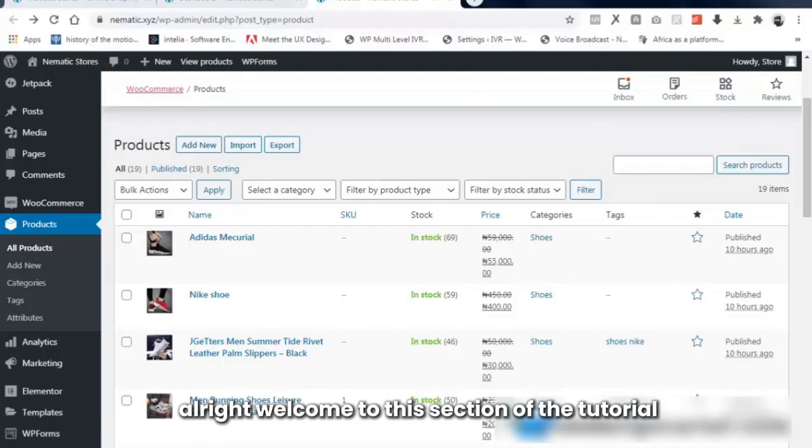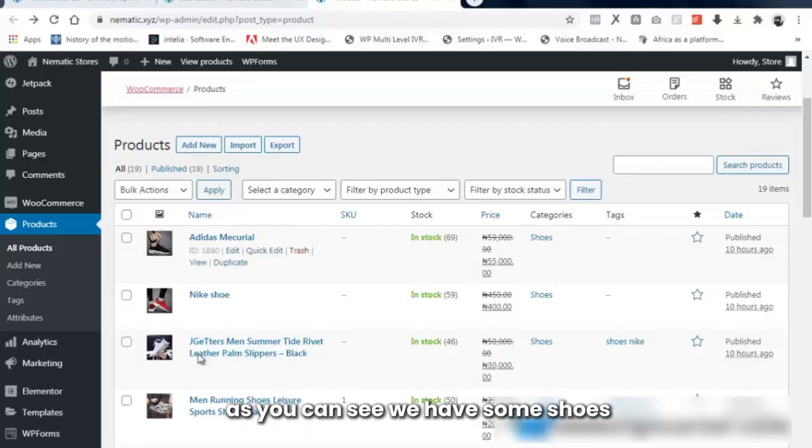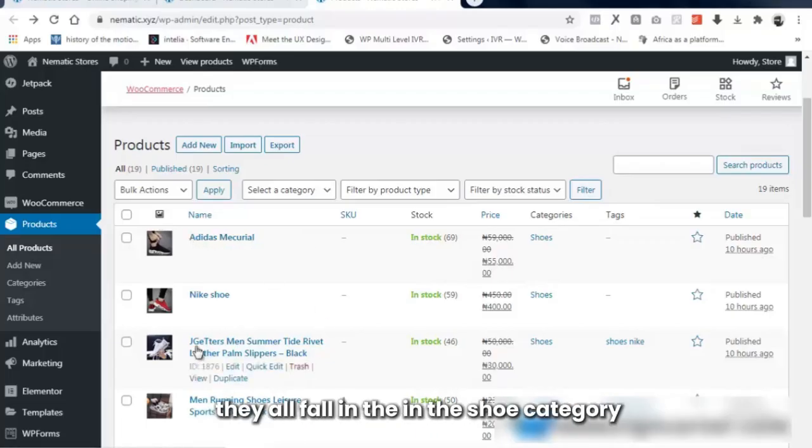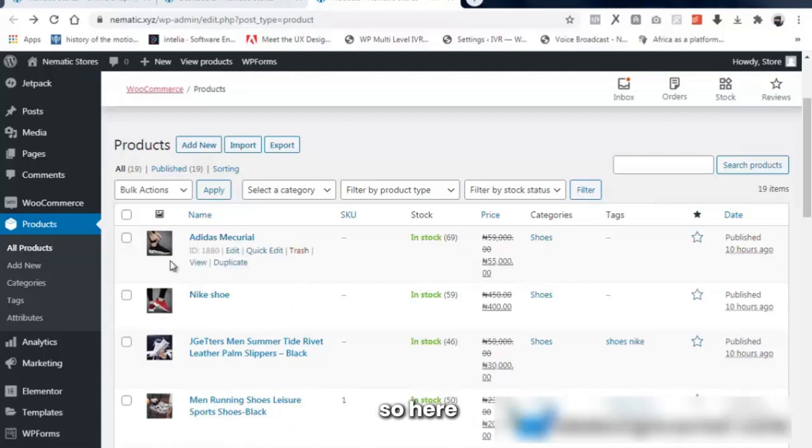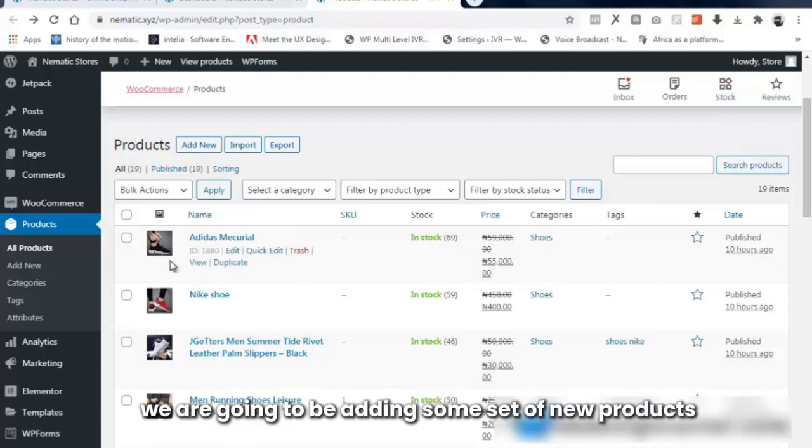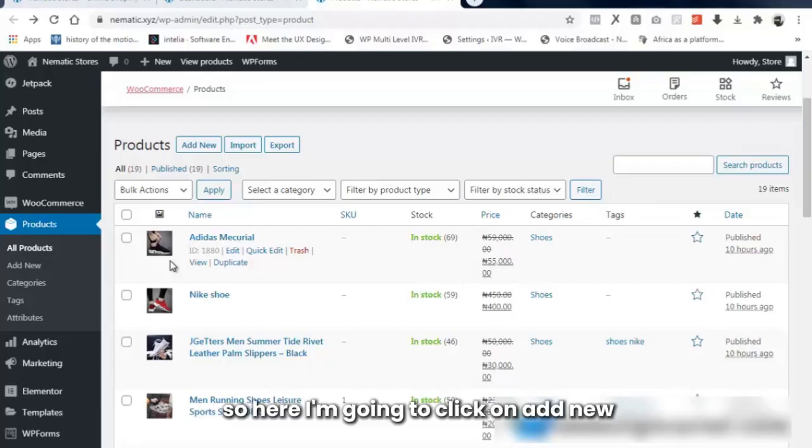Alright, welcome to this section of the tutorial. Now in the previous section, we added some products. As you can see, we have some shoes. They all fall in the shoe category. As you can see, 4 products. Here we are going to be adding some set of new products. So here I'm going to